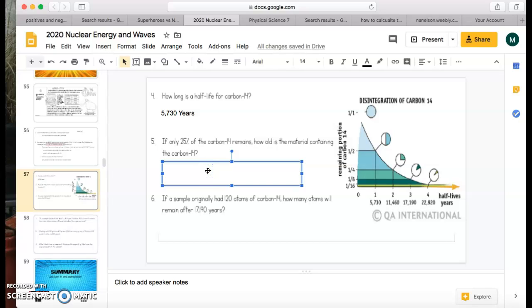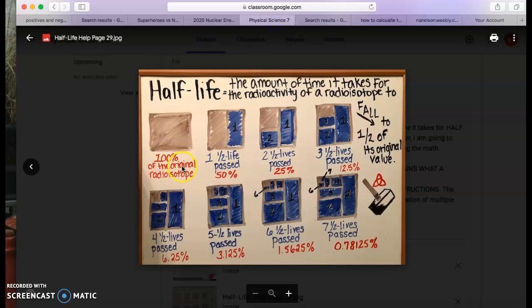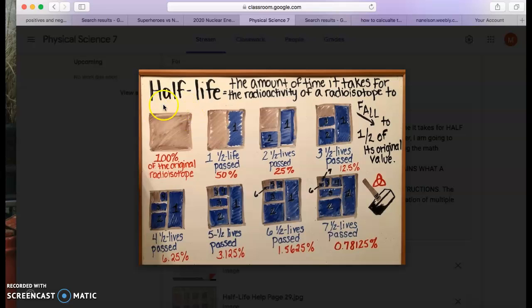So let's get to a little bit more higher order questions here. If only 25% of the carbon-14 remains, how old is the material containing the carbon-14? You're like, whoa. There's no percentages over there. I don't know what you're talking about. Remember that picture that I showed you guys that I drew and I used percentages? So, year 0 is 100%. If I cut it in half, I have how much of the material? 50%. So that's one half-life. So if I cut it in half again, what percentage of the material do I have? 25%. So no matter what the substance is, if it goes through 2 half-lives, it's only going to have 25%